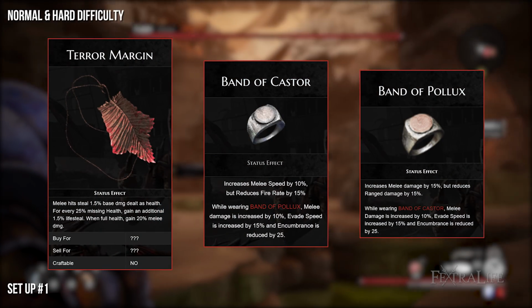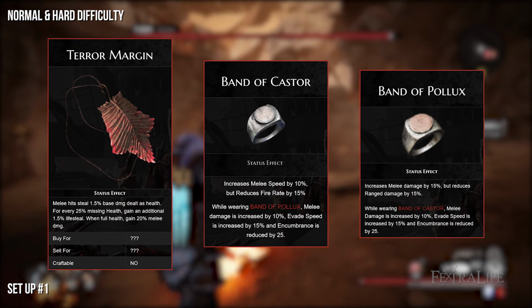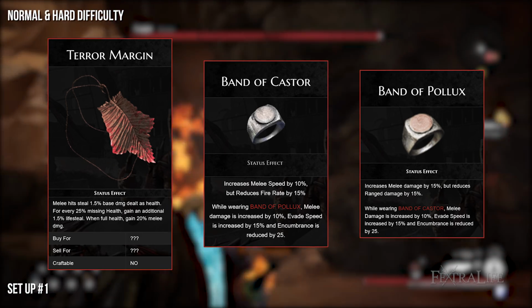With the first setup, you gain increased melee damage and melee speed, as well as a couple of other perks like increased evade speed and reduced encumbrance. This will allow you to pump out a lot of damage and still roll instead of belly flop. It also gives you Life Leech on your melee attacks only, which is all you need most of the time